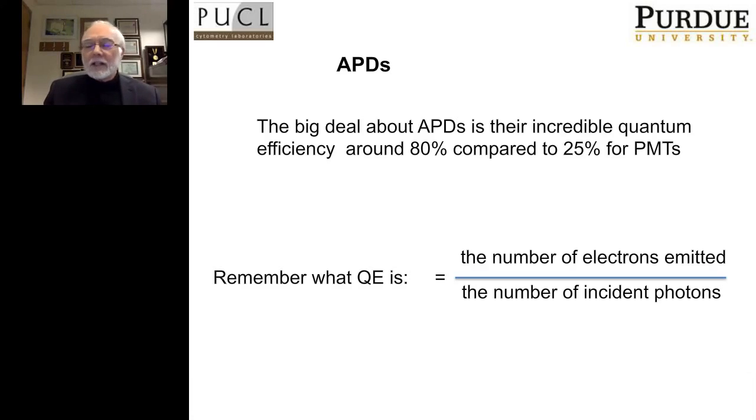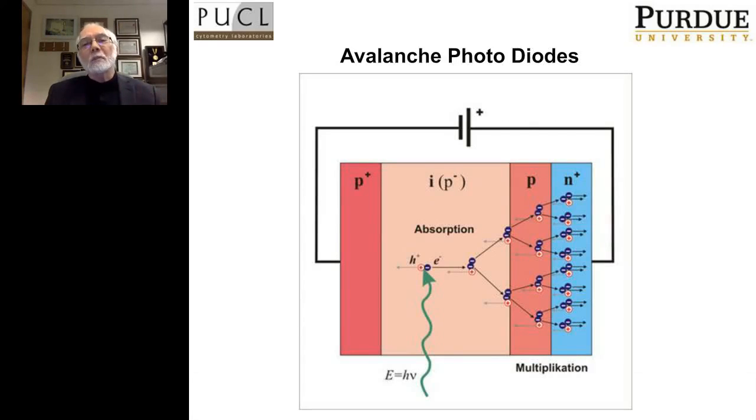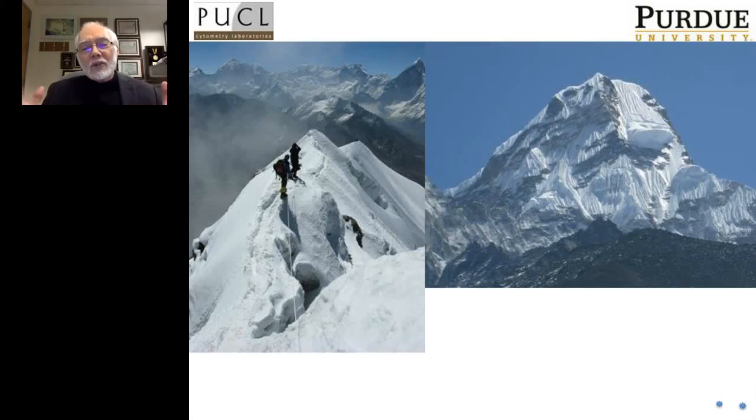And so traditionally, we've avoided using APDs for a number of fairly good reasons. But APDs do something very similar to what PMTs do in that they amplify a signal. And as I said, I'm not going to discuss the process of how that amplification occurs. But if you think in general terms of what an avalanche is, and if you see up there in the top right-hand corner, this is Arma de Blam,